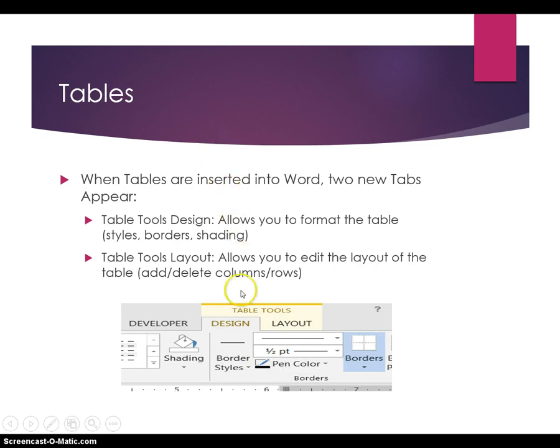Tables, when you insert a table, it opens up a contextual ribbon that is known as Table Tools Design and Table Tools Layout. The reason it's known as contextual is it only shows up when you insert a table. Other than that, this ribbon disappears. On your Table Tools Design, this allows you to do your formatting as far as colors. You might apply your borders here, your shading, the thickness of your lines. Table Tools Layout, which is this one, allows you to edit the layout, such as delete your columns, delete rows. You can merge your cells in here,